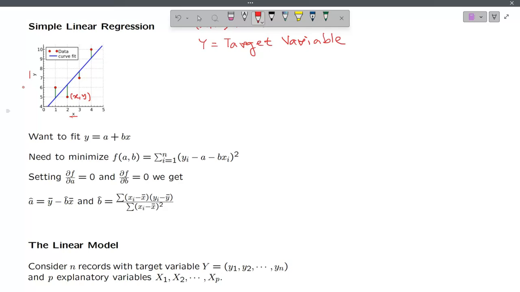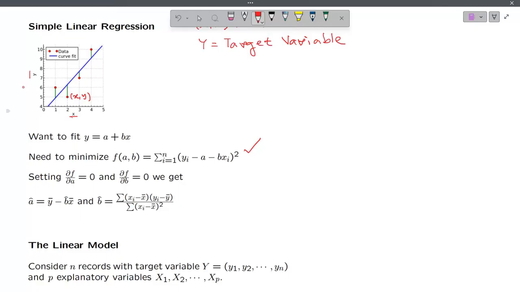So we want the summation of actual minus predicted whole square to be minimized. We call it a cost function which we want to minimize. We need to choose a and b from the data so that this summation of yi minus a minus b xi whole square, i equal to 1 to n, is minimum. Now, as we do for a maxima minima problem, we take del f del a equal to 0 and del f del b equal to 0, and solving it we get a hat equal to y bar minus b hat x bar, and